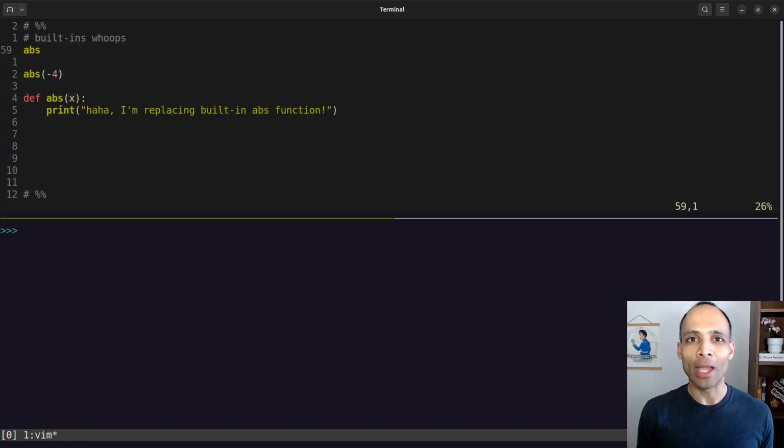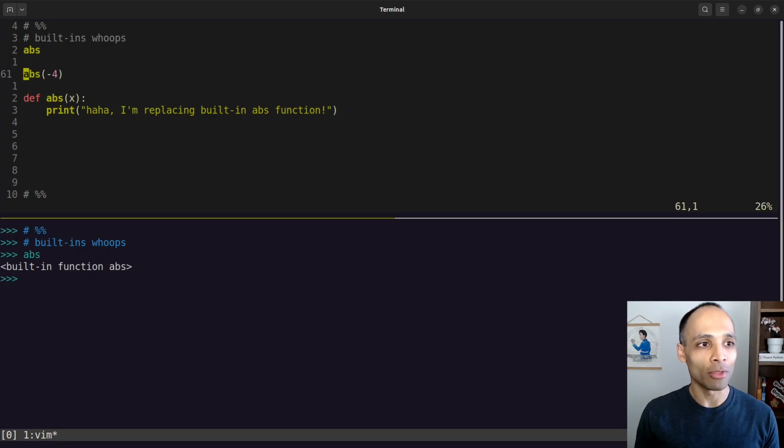You may be familiar with the absolute value function in the built-in scope. It's abbreviated as abs, and we can see that it exists currently in the built-in scope. The absolute value function does what you learned in math class. It takes whatever number you put into it and returns a positive version of that. Here, the absolute value of -4 gives us the expected value of